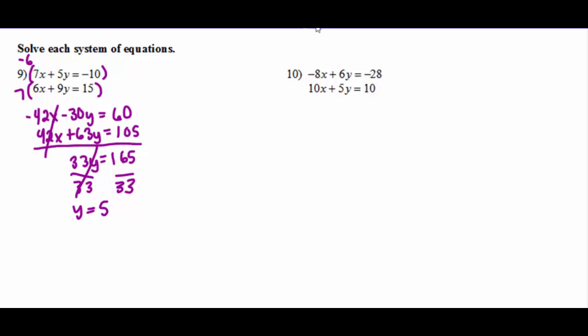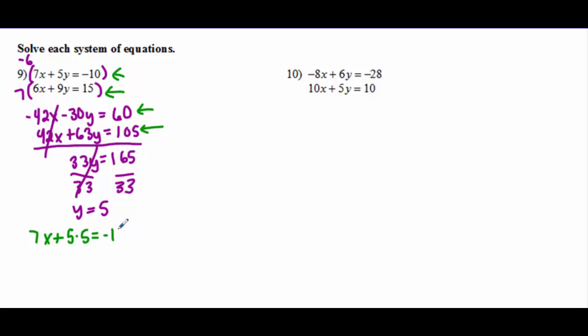Now that we have y, we're going to go back and plug it into one of our equations. And you can plug it into any of these equations, including these two, but it's usually best to pick one of the first two because they typically have the smallest numbers, which means you're less likely to make a math mistake, hopefully. Maybe not, because if it's big numbers, you just automatically use your calculator. Never mind. We're going to do 7x plus 5 times